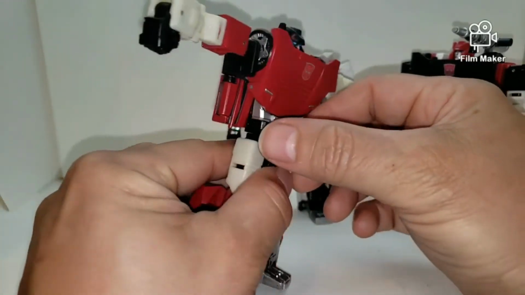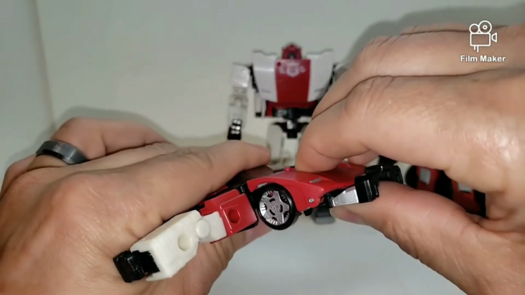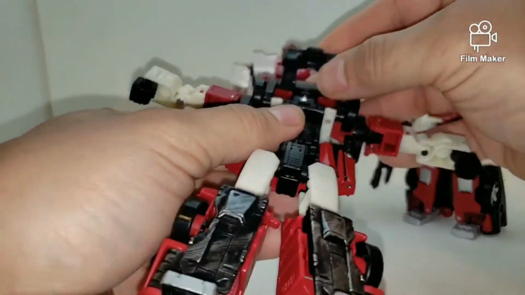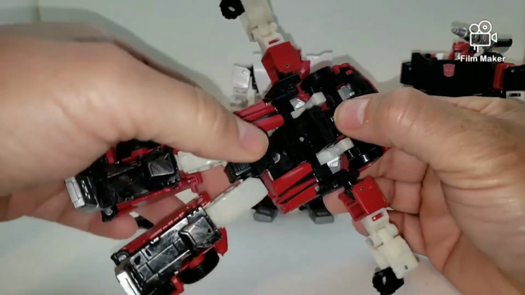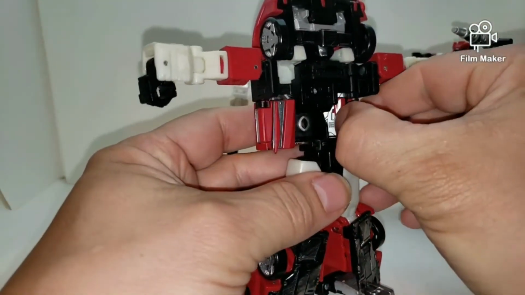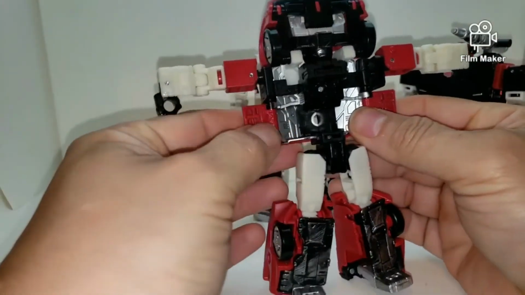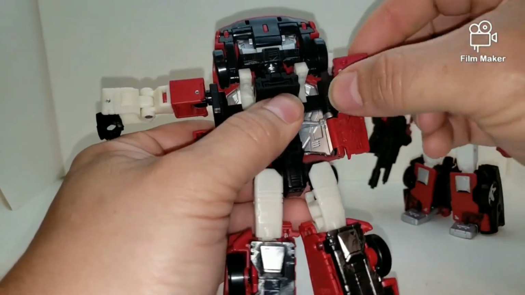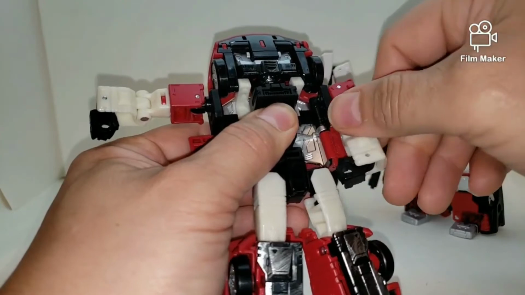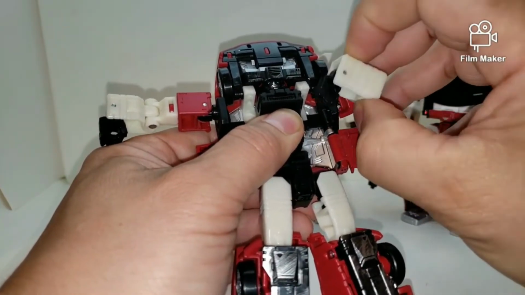So we take this, fold it up, take that, push that down, open this up, and fold this down, fold these around, come in,